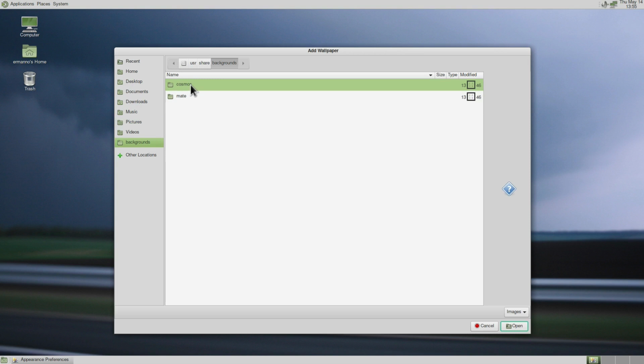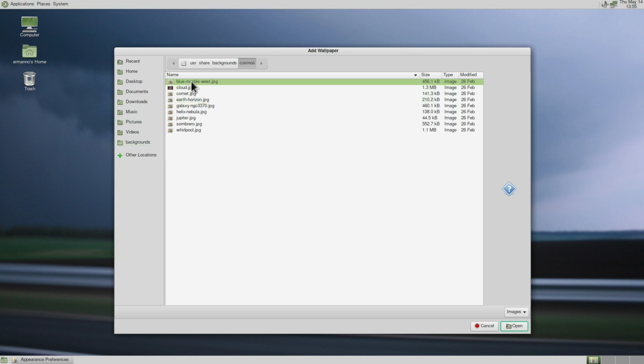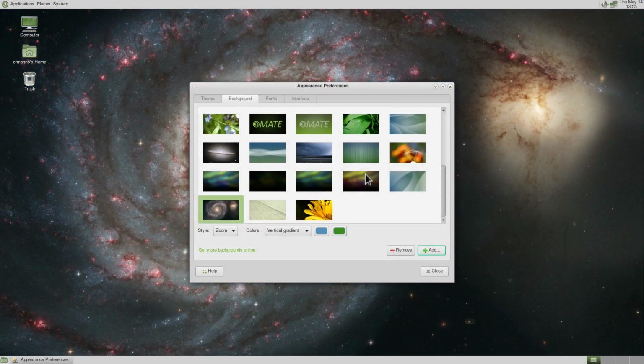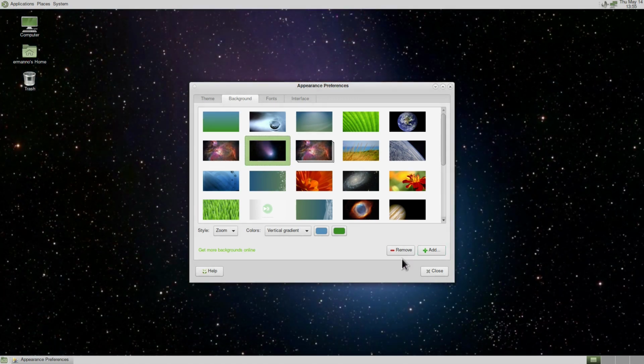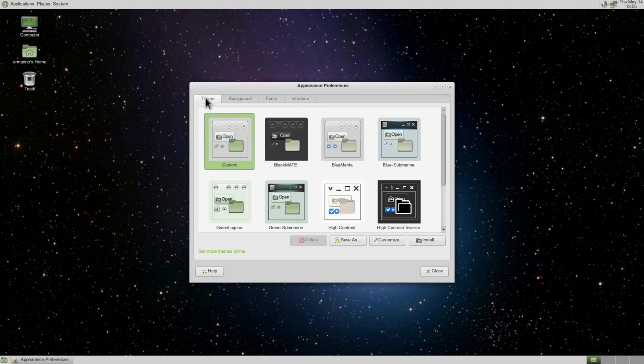We can go also to Cosmos, which is also available. Select all the wallpapers and click Open. And they will appear also here in the list. So let's go ahead and select one. Let's select this one right here. There you go. So you can see here we have the Theme tab, where we can also choose the overall